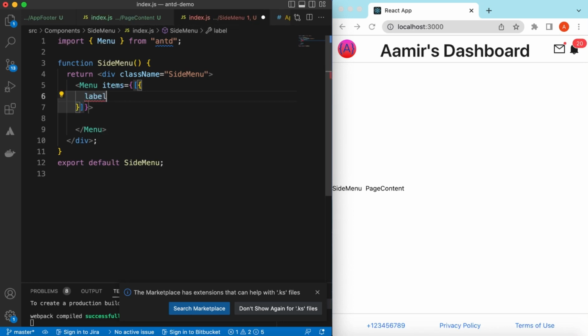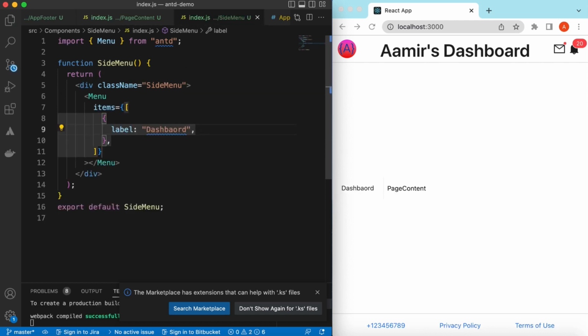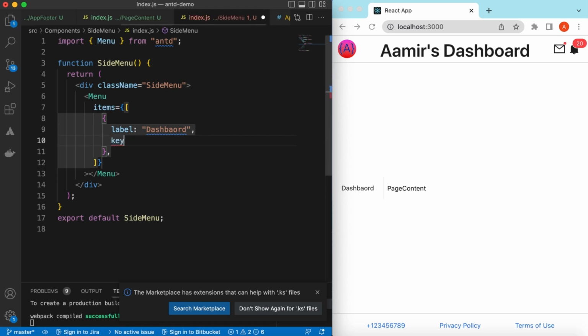So here we can say the label of the first one is, maybe we can say dashboard. If I save it, here you go, it has added the dashboard, and we can add its key too. So here we will be adding the key, something like we can say equal to the routing. So we can say the key for this one is slash, and then for the next one,